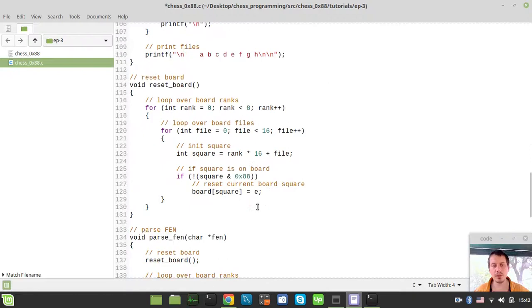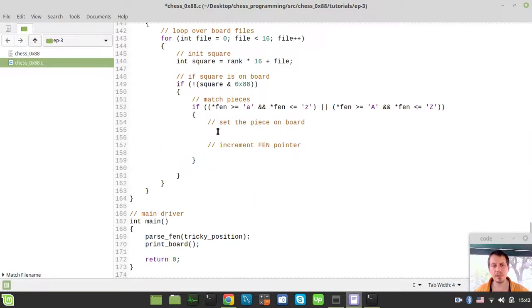Okay, so maybe I just can directly go for this. So board indexed by the square would be equal to, I'm referencing this character pieces indexed by the pointer to our FEN,